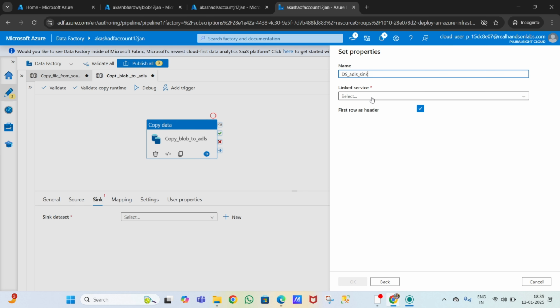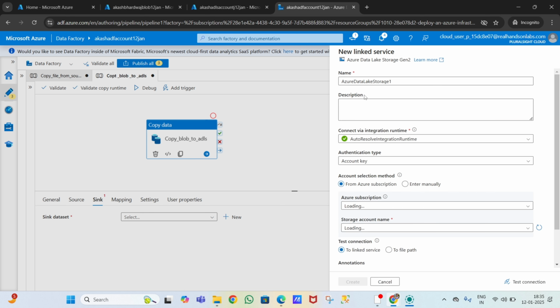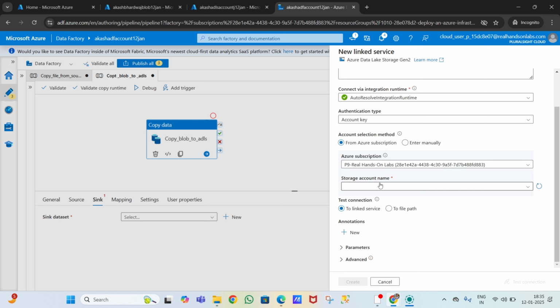Okay, and create a linked service again, new, linked service ADLS sync. The account selection is by Azure subscription, and we will select the Azure ADLS account here. Please remember, two accounts are showing, Akash Bharadwaj blob, because when I created it I gave the name of blob.